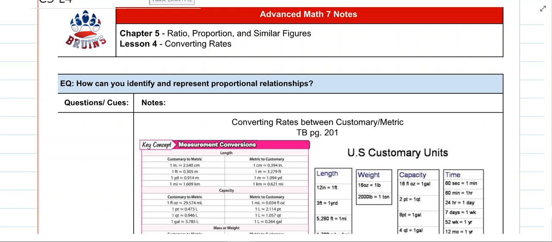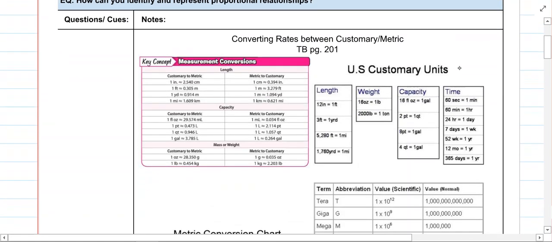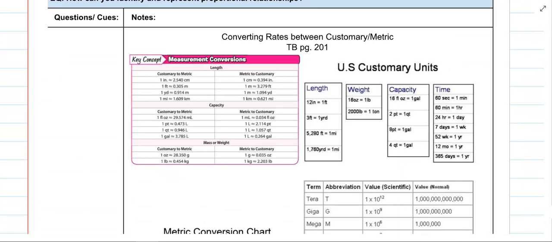Chapter 5, Lesson 4, we are down to converting rates. This is about mid-chapter, mid-unit, so next week we'll get into the end of the unit, and let's get started. So at the top here, I've included a bunch of different charts that I found in the